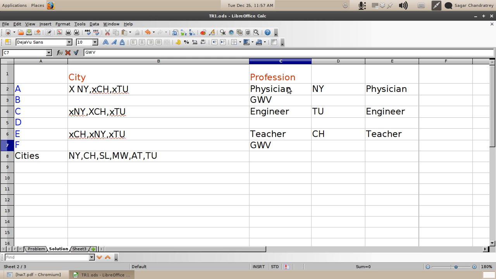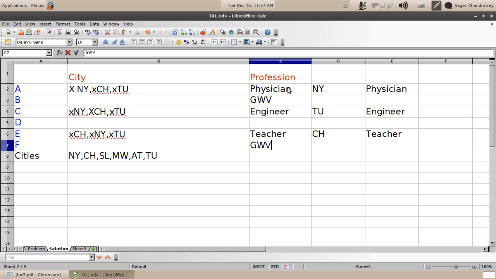Now a thing to be noted here is that being a Gulf War veteran is a background, and it is in no way a profession. For example, somebody could be a Gulf War veteran and then later in life work as a physician, engineer or a teacher. So here we just have a background of B and F, that they are Gulf War veterans,